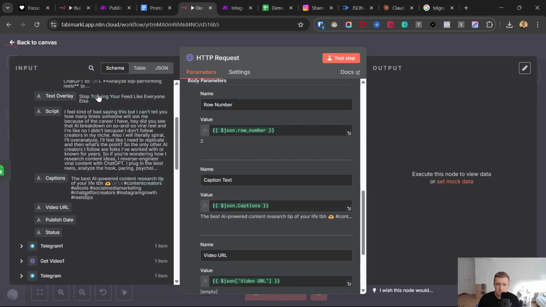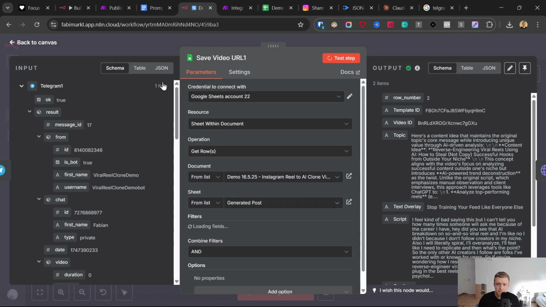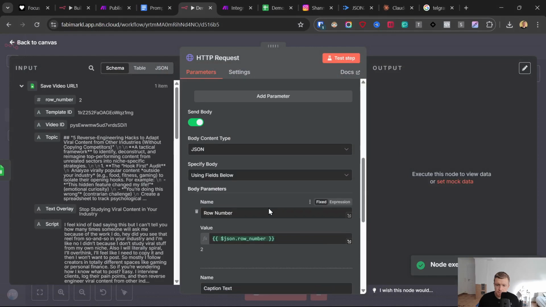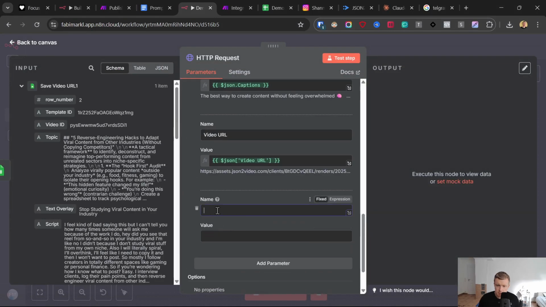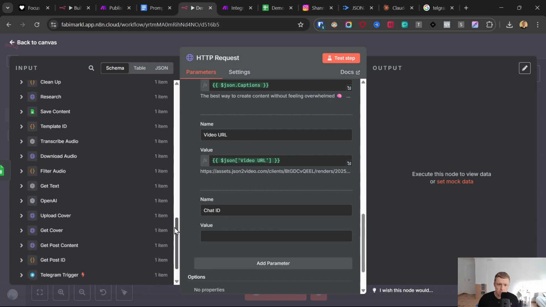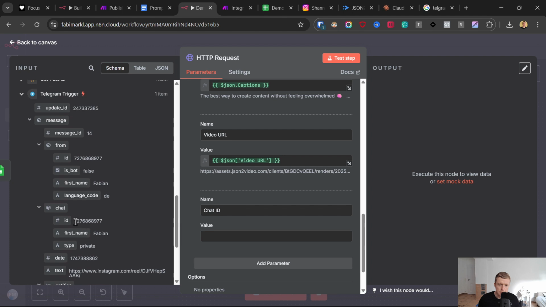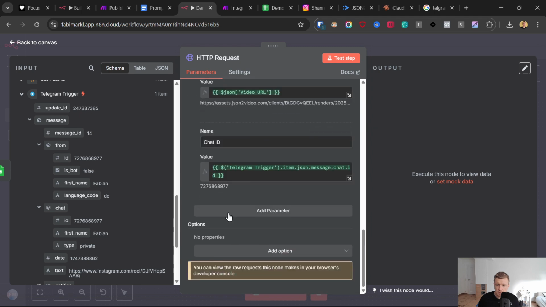Let's go back here first, trigger this again. Then I should get the one with the URL. So let's go back in here. Yes, now I have the URL, and I also want to send the chat ID of my Telegram chat, because I want to get a response back when the post was published. So I have a confirmation. So we have chat ID, video URL,